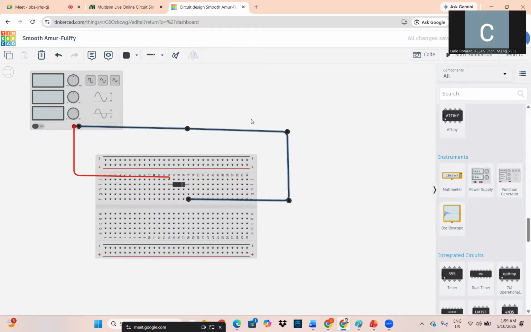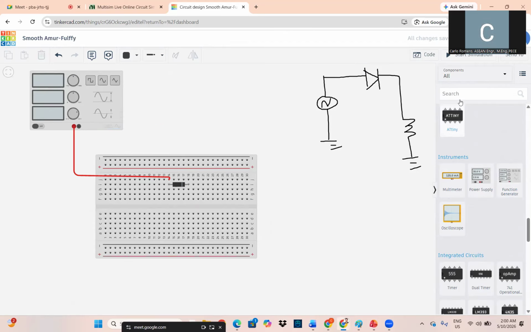Okay, so now actually we are connecting the circuit. So we can notice this circuit, this is the diode. So I'm drawing. Then we have a resistor here. Then we have a ground. Okay, so this is the circuit. Then the negative, we need a resistor. Okay, before we apply this, we need a resistor first.